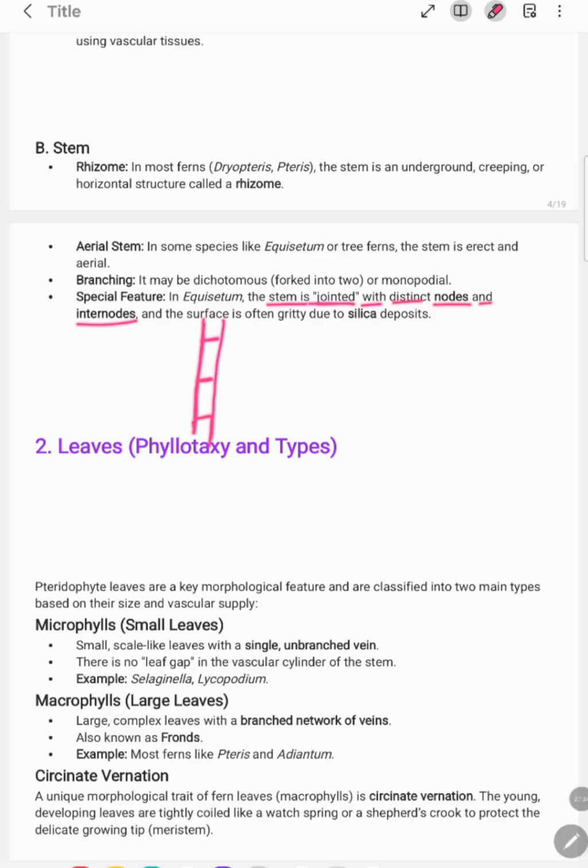It is having somewhat like this, like this. Okay, so suppose this is your stem. It is representing somewhat like this. Okay, so this point is your node. Okay, and the region between the two nodes, this region refers to the internode. Okay, this region refers to internode, and this